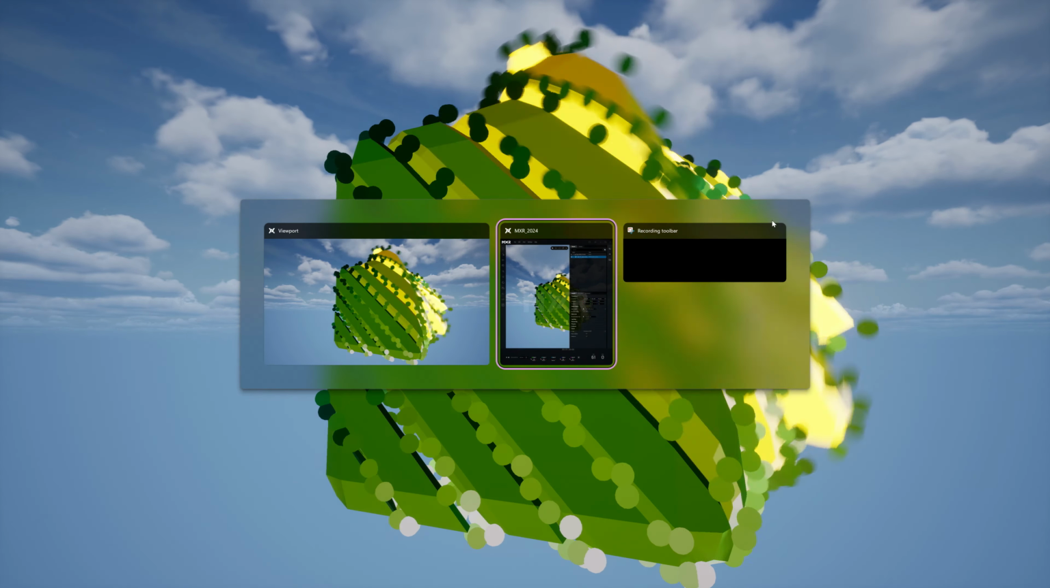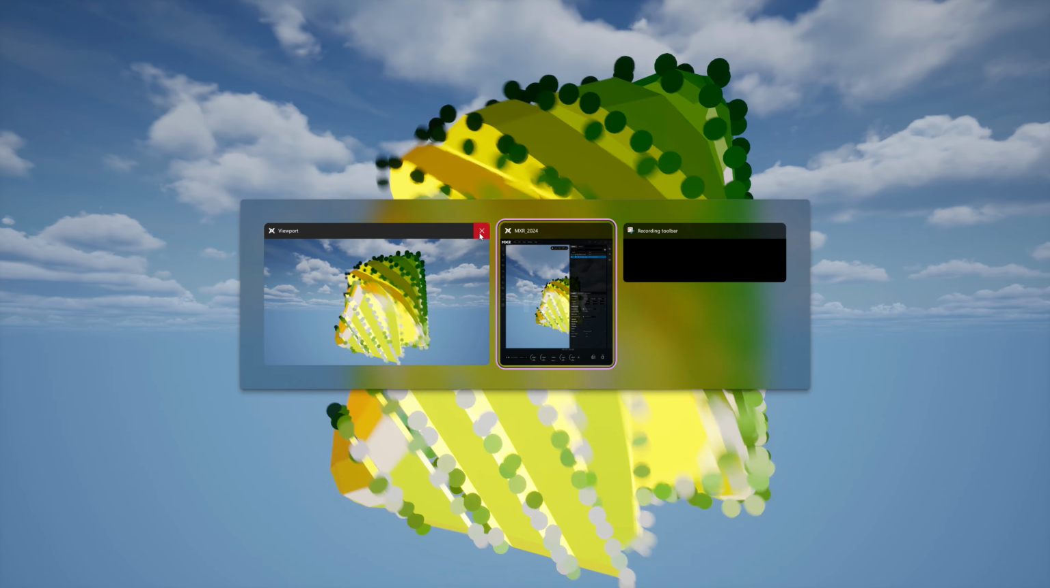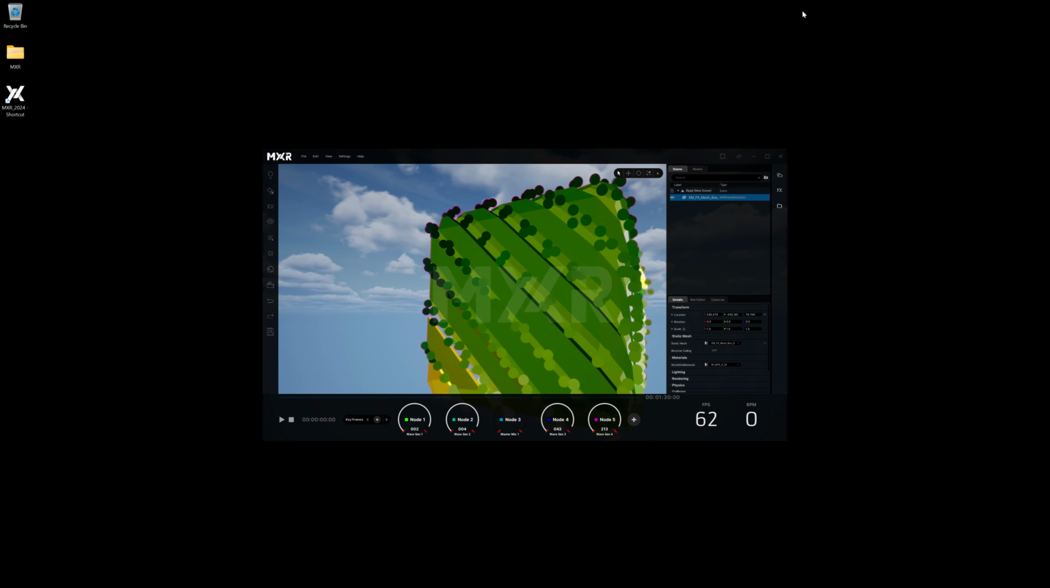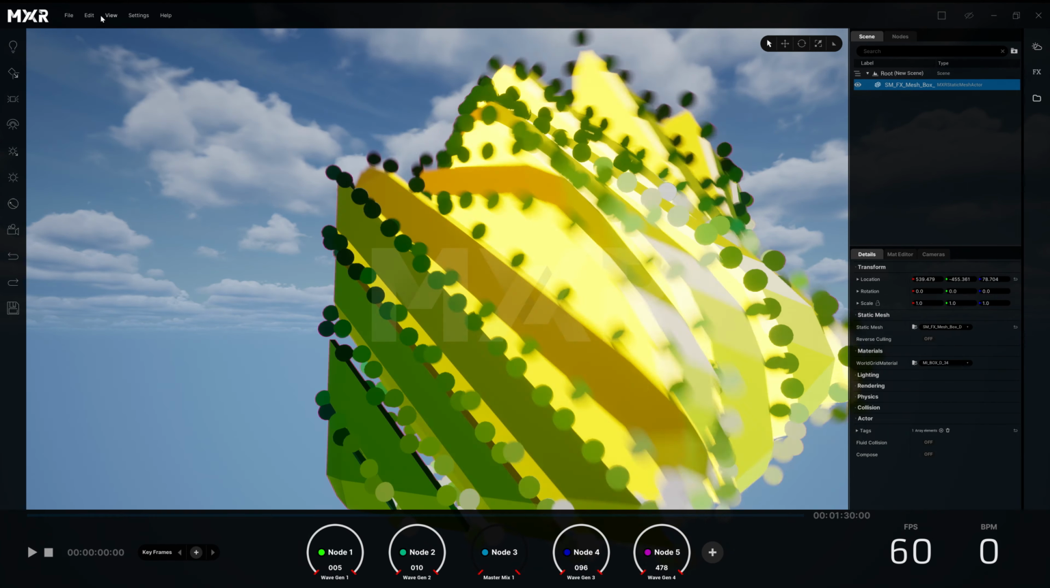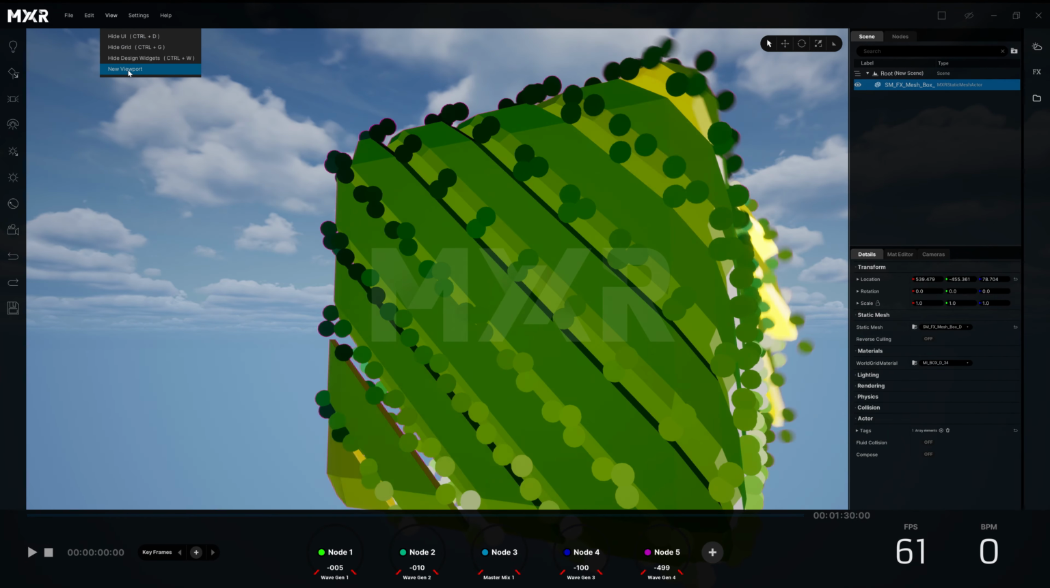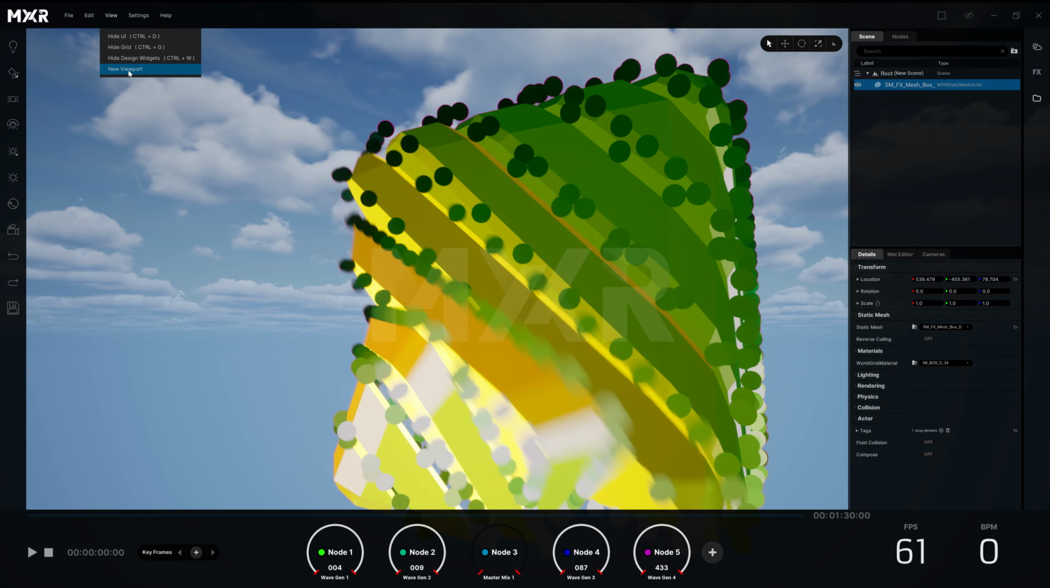I'm going to do Alt-Tab, and I'm going to close this viewport. I'm going to maximize the control UI one more time. So again, that was the view settings new viewport. And that's really going to get you started if you just want to start doing some testing and jump in